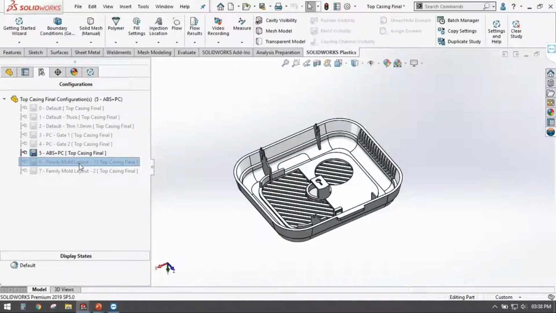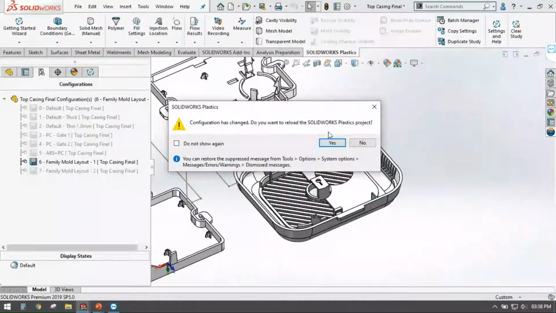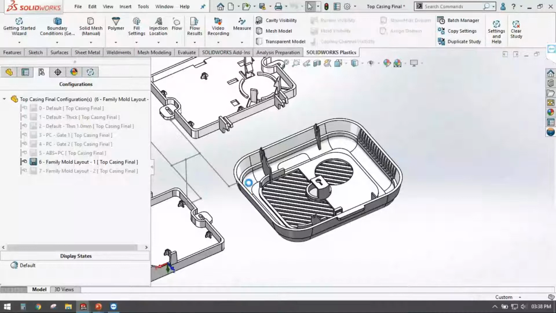Now, if you recall, this smoke alarm had two parts, one was the bottom casing and one was the top casing, right? So if you want to manufacture your part using a family mold, likewise I have created here. Most of the injection molding machines can be taken care of in the family mold also, in which the manufacturing rate would be very high as compared to the single cavity.